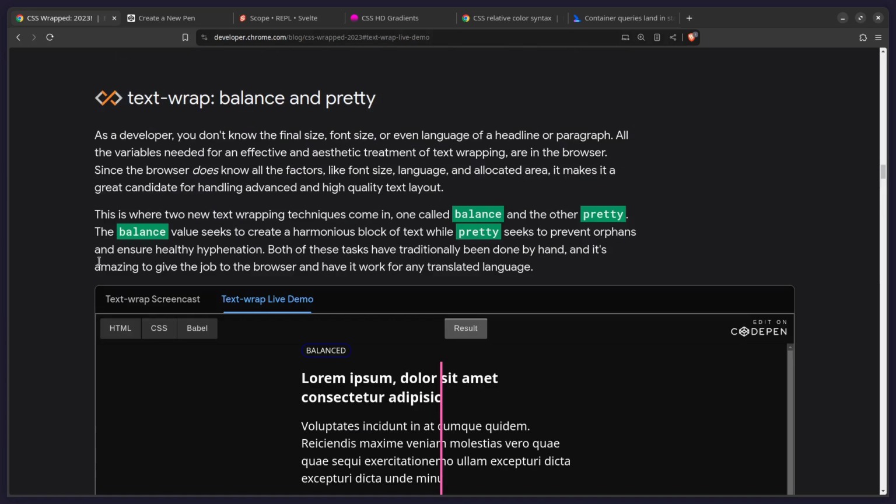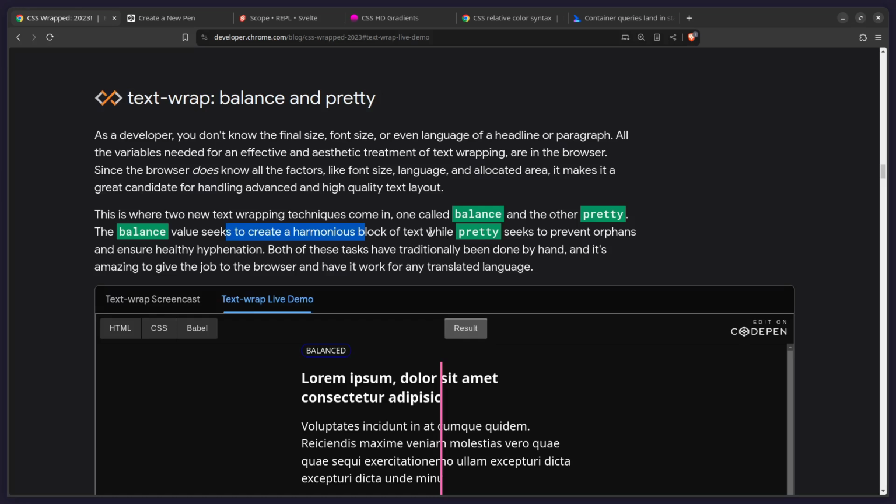So you can use this property, text-wrap: balance, so you can get harmonious blocks, whatever that means. That probably means some algorithm is going to. So you know how you have those titles, and they can sometimes look weirder. Basically, boom, you can just slap a balance on a title, and you can slap pretty on paragraphs